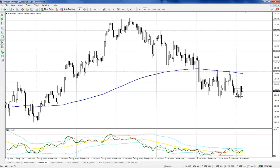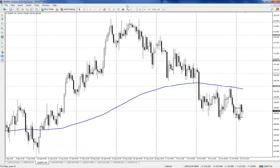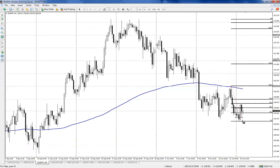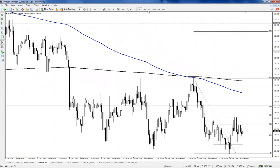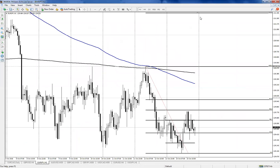If you did see this play last week, it was a very nice trade setup. It hit the first 32.50 level, the market came back in, and tagged that 200 EMA on the 4-hour time frame. Definitely a decent trade setup. Now, the level that I'd like to see the market pull back up into: take this immediate swing high down to that swing low. For short-term trades, I'd probably like to see the market come up to 130 and then continue the move